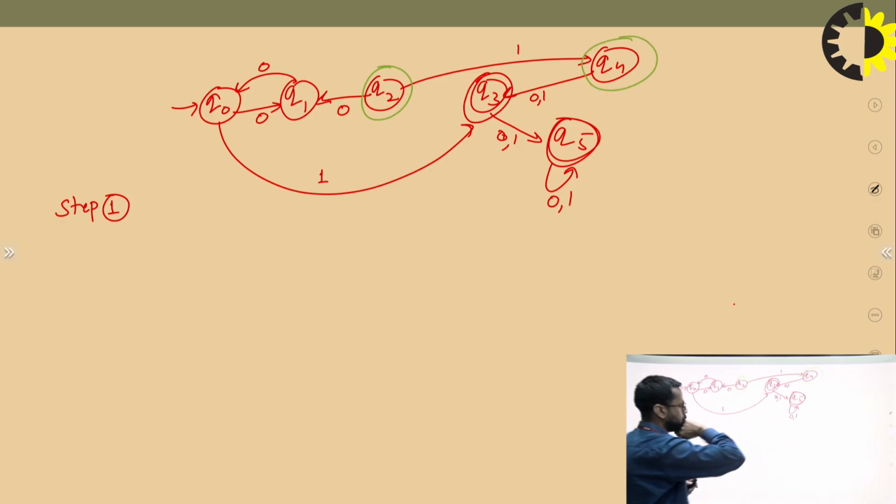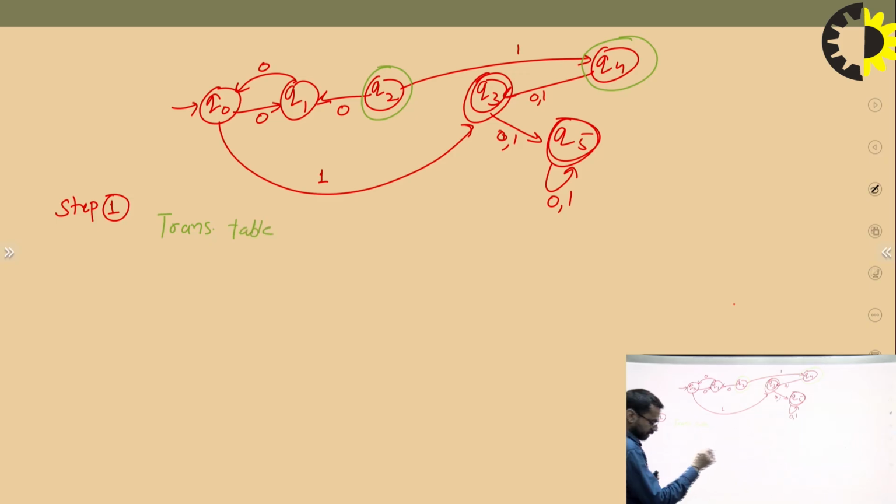So we remove both states from the transition table. After eliminating these two states, Q2 and Q4, the resultant transition table